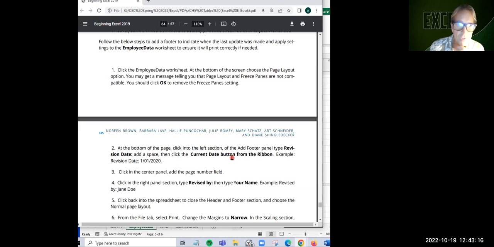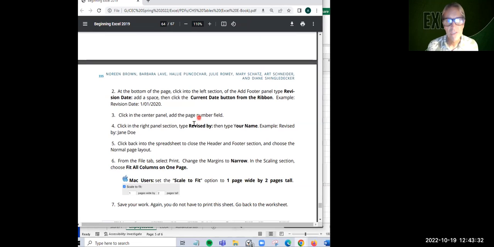You may get a message telling you that page layout and freeze panes are not compatible. You should click OK to remove the freeze panes. I removed freeze panes several steps ago. So when you go to page layout, they might tell you to remove your freeze panes if you haven't removed them yet. At the bottom of the page, click into the left section of the Add Footer panel and type